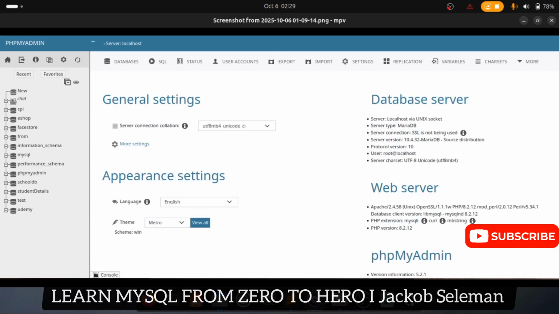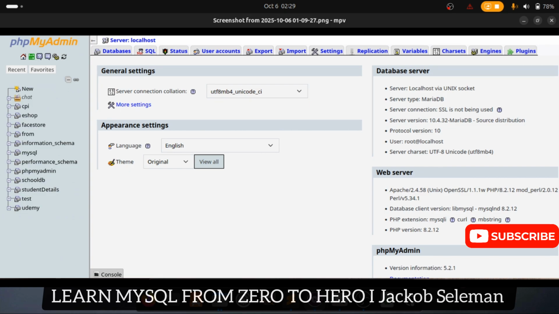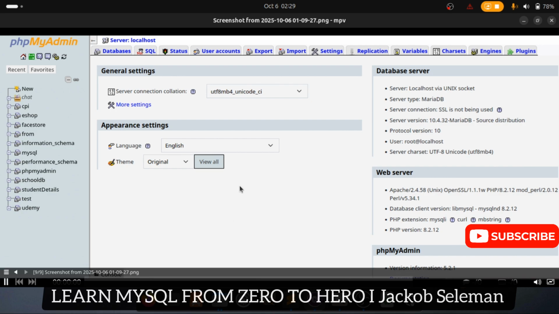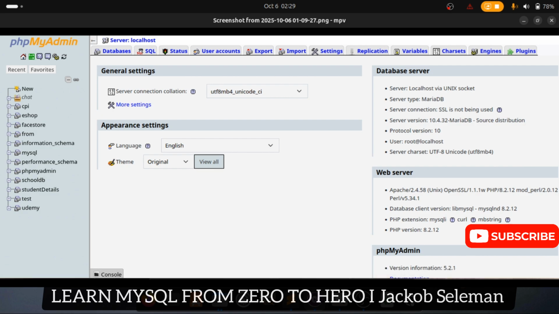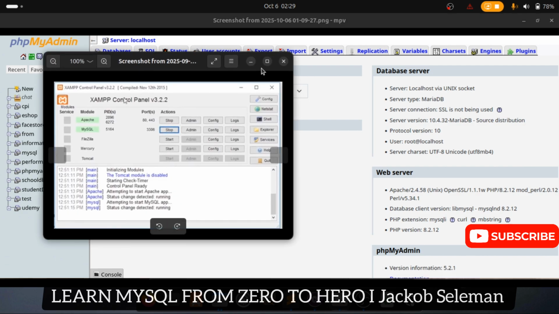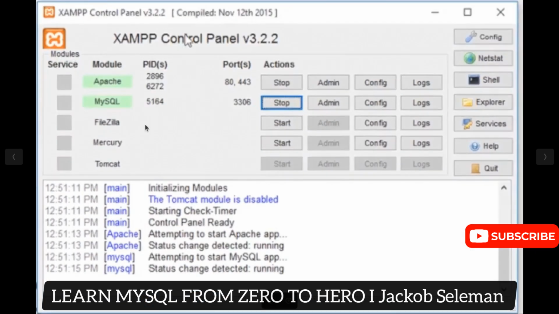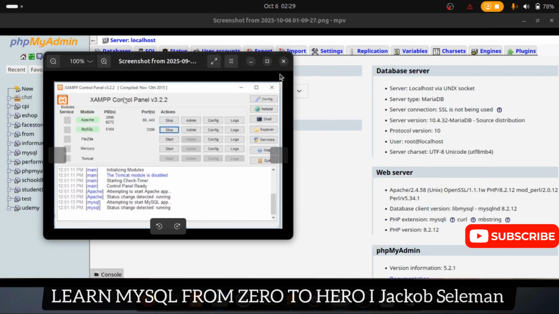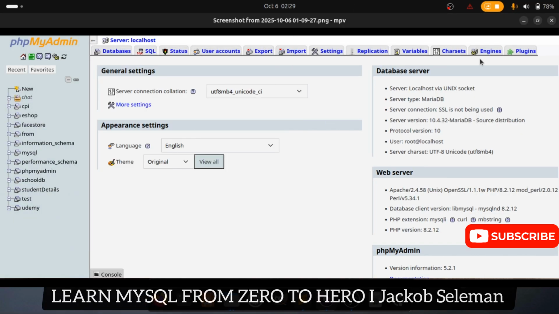So let's start. To start with, you can prepare the tools. If you are using Windows and you have already installed XAMPP, go to the search menu, search for XAMPP, open the XAMPP launcher and activate the Apache and MySQL services. If you are using Linux like me,